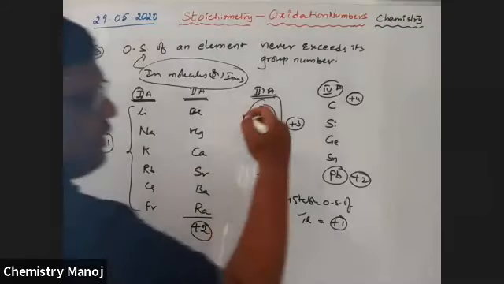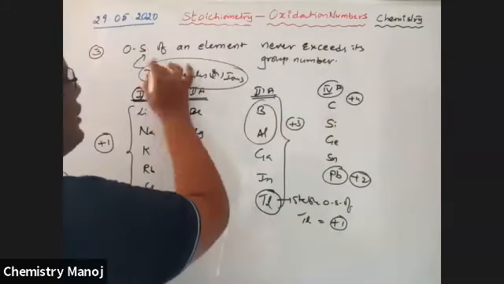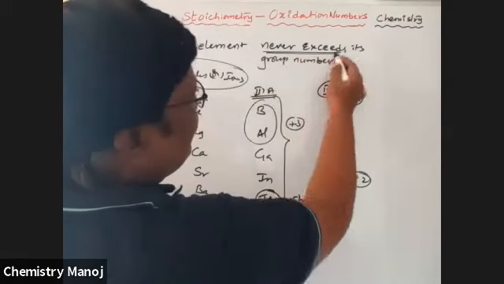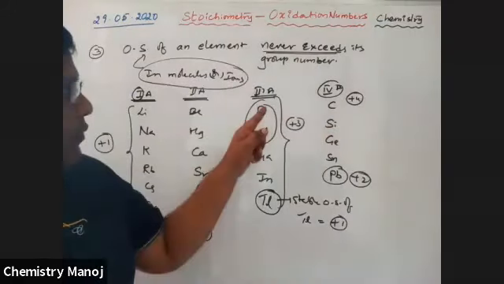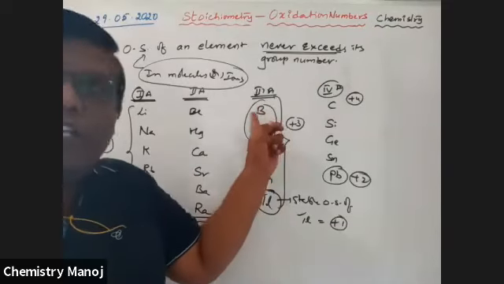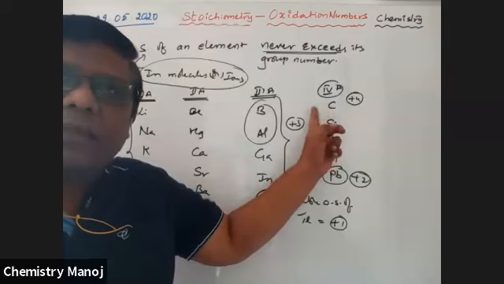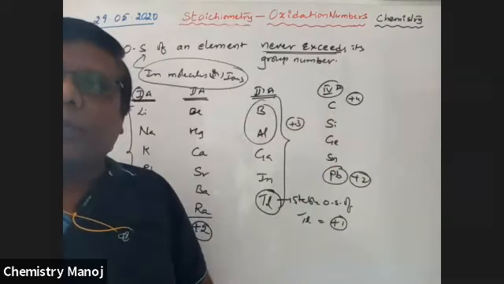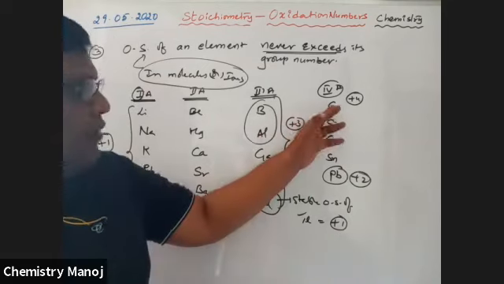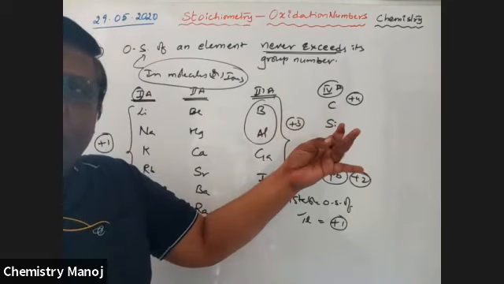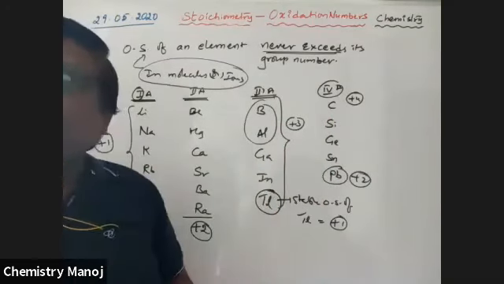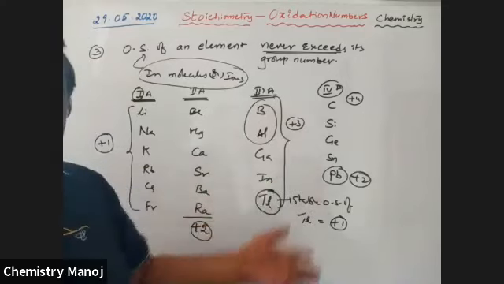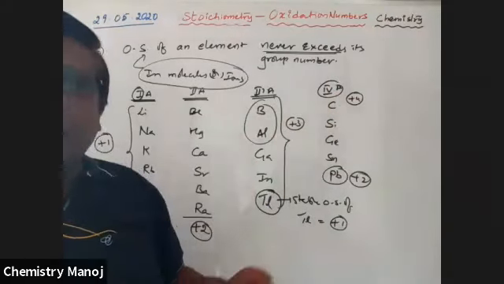That means their highest oxidation state. My dear point: oxidation state of an element never exceeds, meaning the greatest is the group number. Sometimes less than the group number is also acceptable. For copper, plus 2 is also acceptable. For boron, plus 1 is also acceptable. But plus 4 is not acceptable in this case. Plus 5 is not acceptable. Never exceeds its group number. Below that, values are acceptable. For carbon, plus 1, plus 2, plus 3, plus 4, all these values are acceptable. But plus 5 is not acceptable because it is a 4A group element. So the greatest oxidation state of that particular element is plus 4.